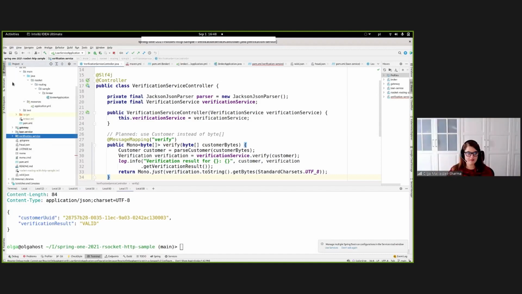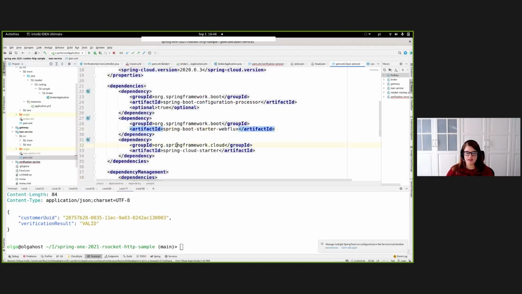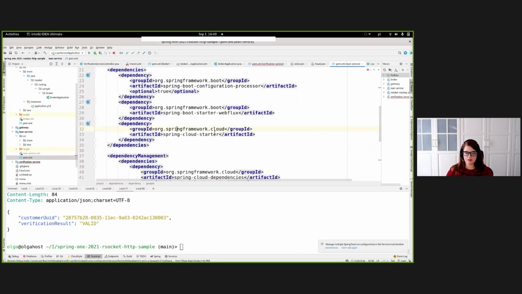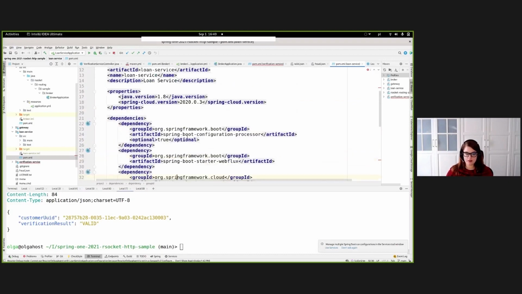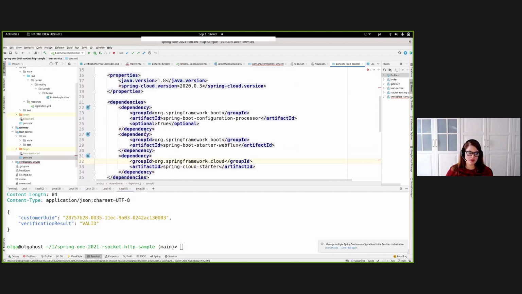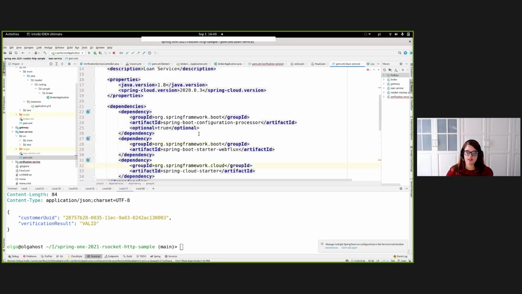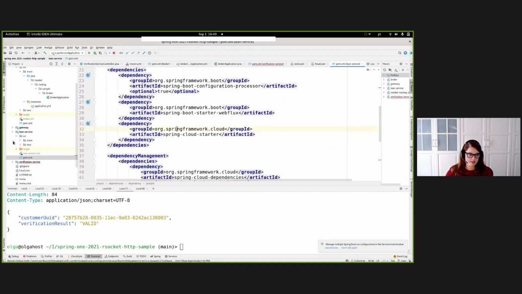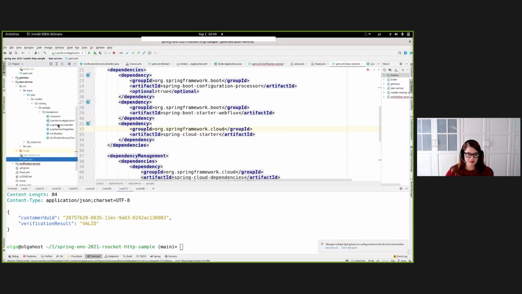And then we have our loan service, which for our demo is the legacy bit that speaks in HTTP. So it is actually using WebFlux, Spring WebFlux, and it is also using the Spring Cloud Starter. So this will want to connect to a gateway instance and just send HTTP posts. And it doesn't really care that the other services are actually RSocket based. So if we take a look at this service, we have our controller